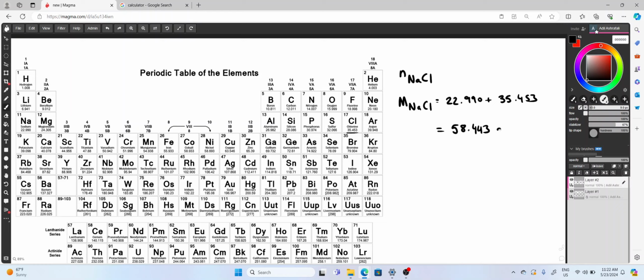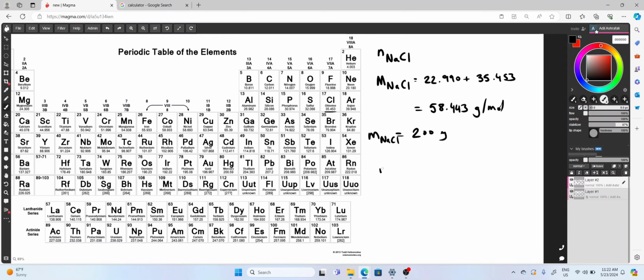58.443, and the units here are going to be grams per mole, just like before. And I'm going to say, for the purposes of this question, we have 200 grams of NaCl. So just like before, to calculate the number of moles here, we would need to divide this number by this number. So 200 divided by